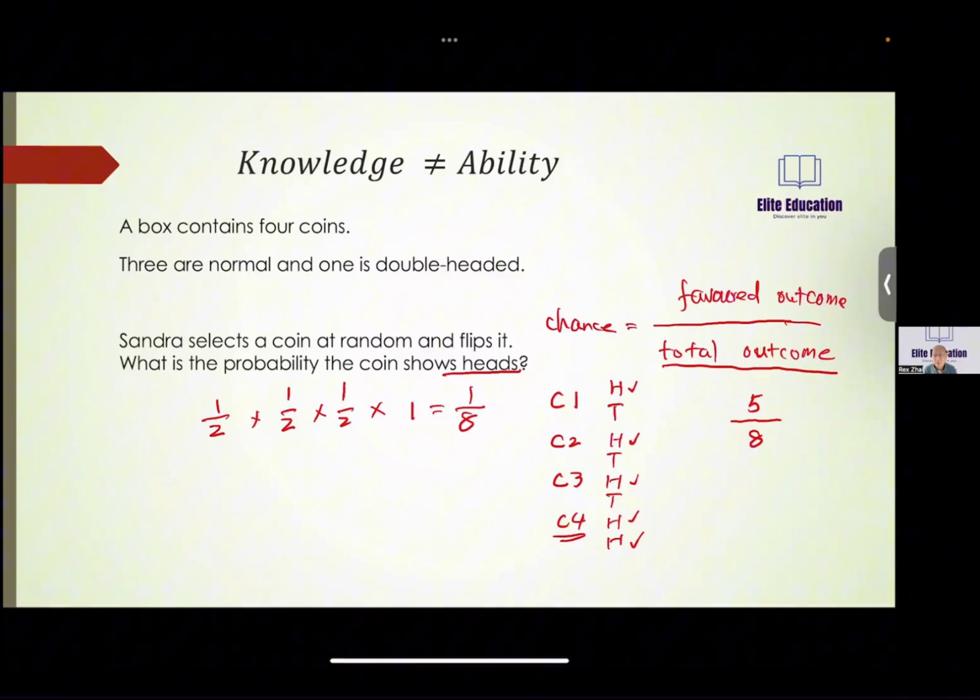So I often tell them, what is chance? Chance is counting. For now, just remember that chance is counting. Counting what? Counting the total outcomes. After counting, find out how many are my favorites among them. This way, your answer will definitely be correct. This is how you approach the question of chance. A correct understanding, this is an example I'm giving you all.